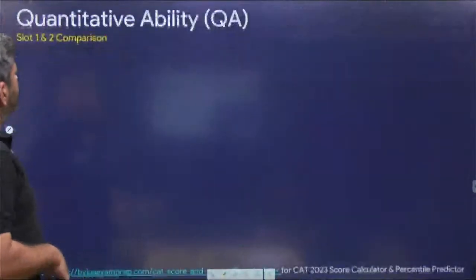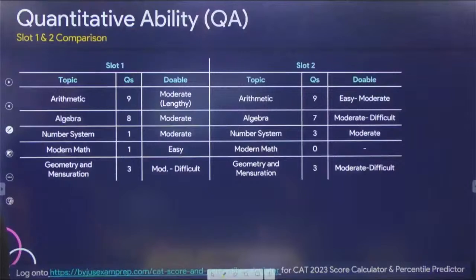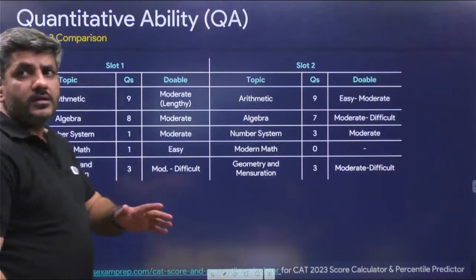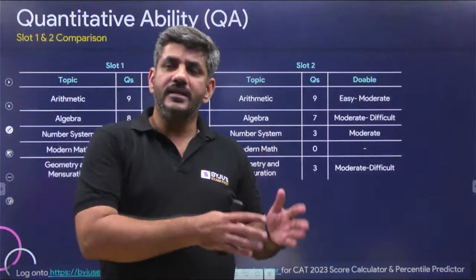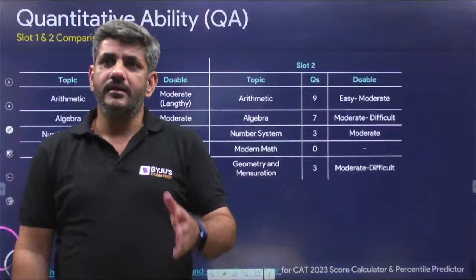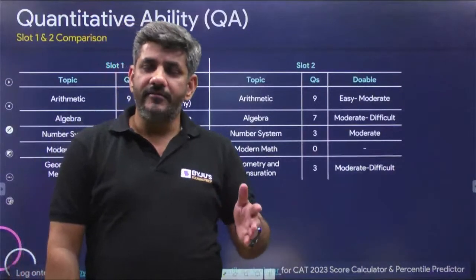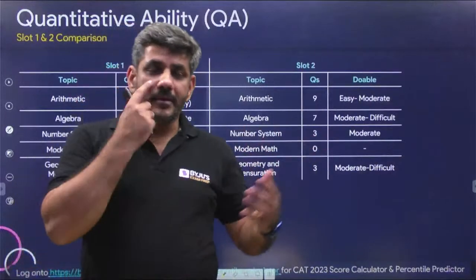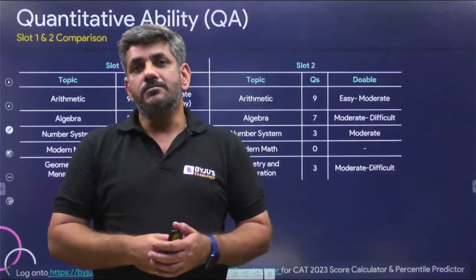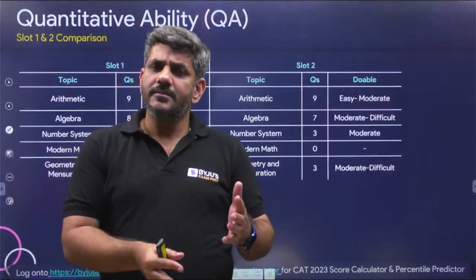So now, when I talk about a comparison of slot 1 and slot 2, slot 1 was almost of the same type, so do not think that it happened with you only. If you talk to the slot 1 guys, they are also saying that sir, this is the problem, the quantitative ability was quite difficult, so there also it was difficult. LRDI once again was of the same kind, even there as well. So the story in both places is almost the same.